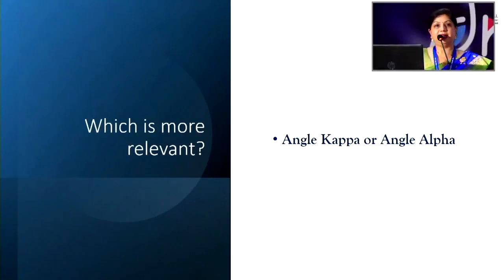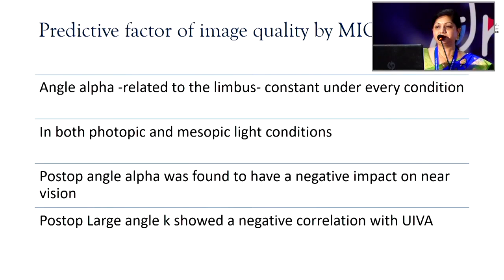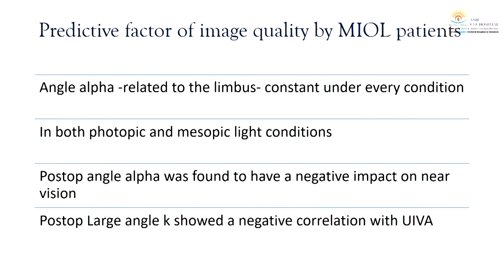So which is more relevant, angle alpha or angle kappa? So we know that the angle alpha does not change. It's related to the limbus in both photopic and mesopic light conditions, and that is why probably it is a better parameter. Post-op angle alpha was found to have a negative impact on near vision, and post-op large angle kappa showed a negative correlation with uncorrected